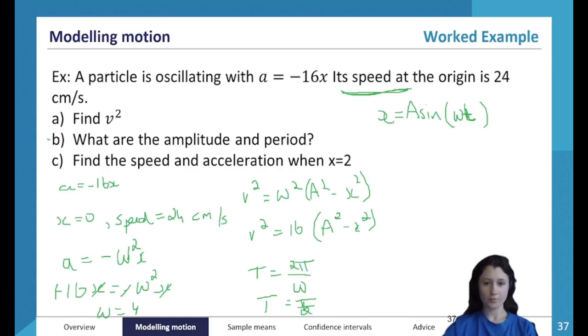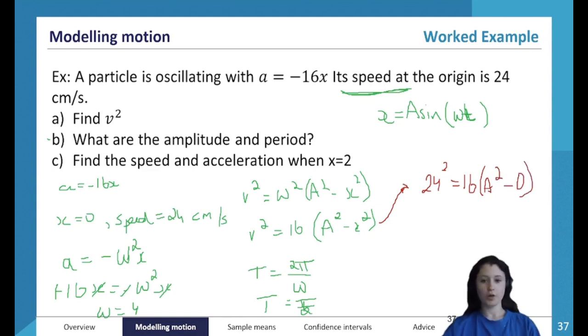So we can either figure out the amplitude using this equation here, or we can actually just use this one here, because we know that at the origin, at x equals 0, v squared is going to be equal to 24 squared minus 0. So we're going to get 24 squared divided by 16. So a squared equals 36, which tells us that a equals 6. Alright,